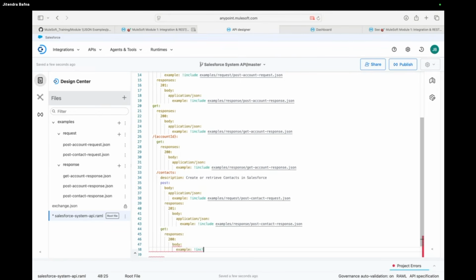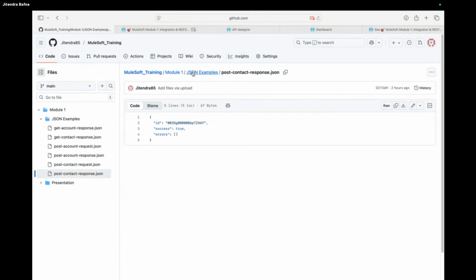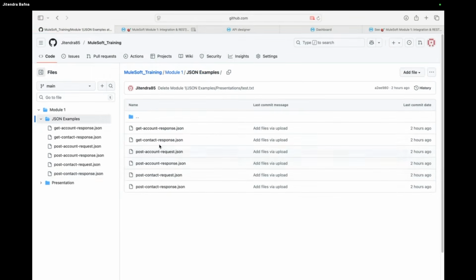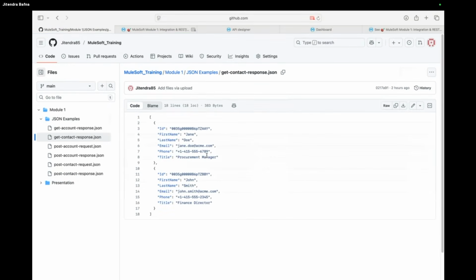I can just say include example/response. Okay, so I've just added the example. I just have to add the file here. I will just go back to the JSON example, post contact, get contact response.